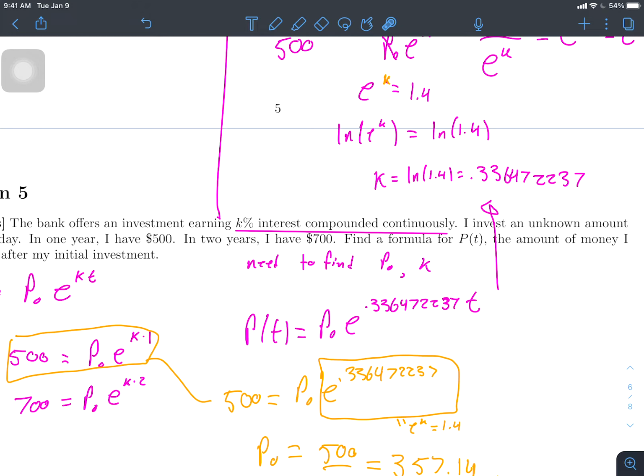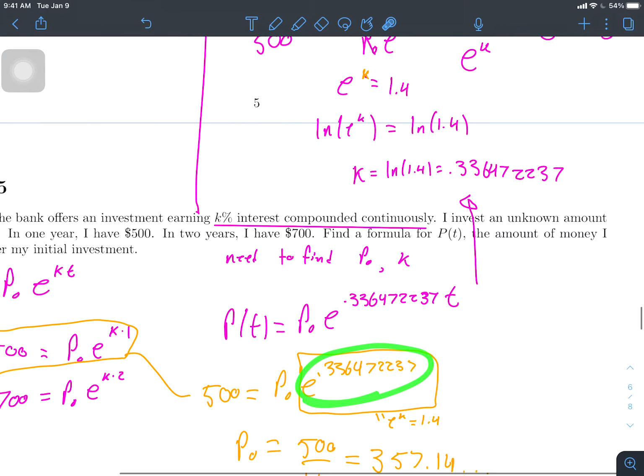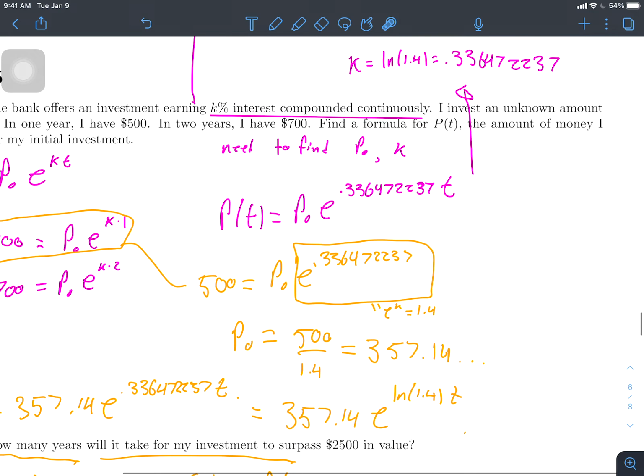And I actually remembered, by the way, that this is just e to the k, which, if I remember from earlier, I know that e to the k is 1.4. So this just saved me a little bit of time not having to type as much stuff on my calculator. I just said, well, this number is just 1.4, so all I have to do to get p naught by itself is to divide 500 by 1.4, and that gets you something like